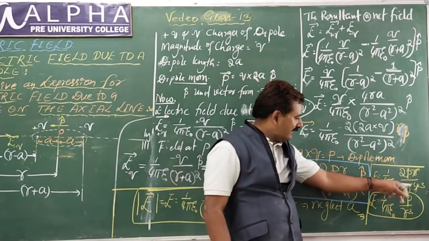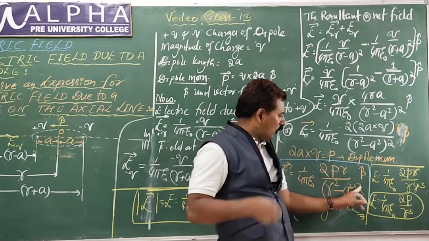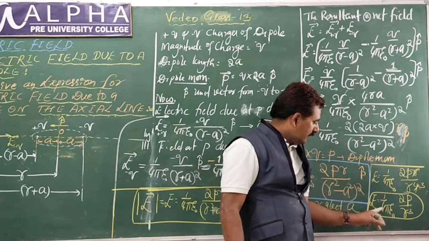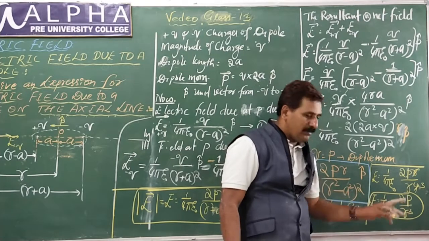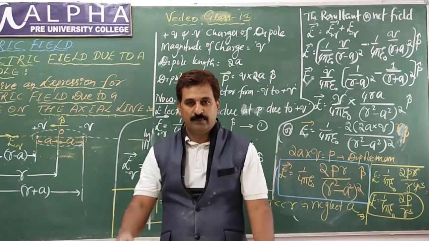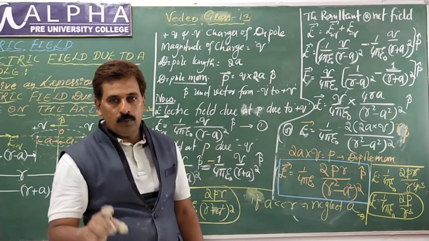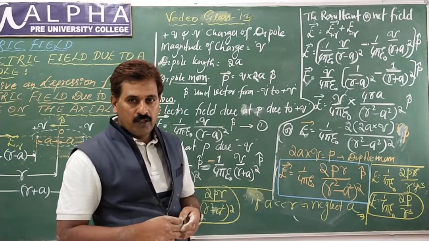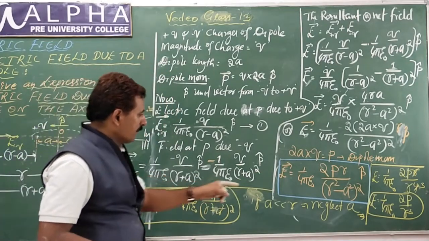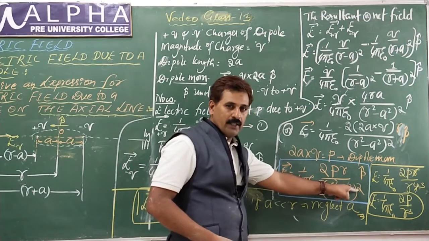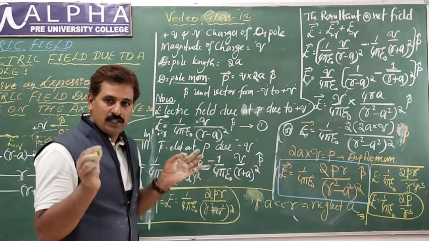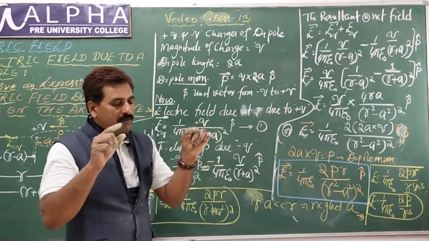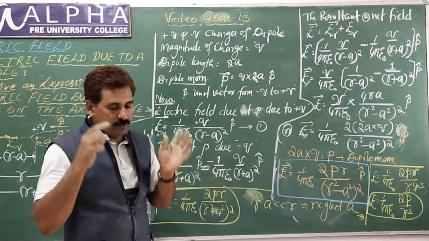In that case, A is not there, only r square whole square, r to the power 4. One r cancels, 3 remain. So 1 over 4 pi epsilon 0, 2p divided by r cube. This is the final expression. If you write 2p by r cube, it is for a short dipole. For any dipole, generally, you consider A in the expression, 2pr divided by r square minus a square whole square. If we don't consider A in the expression, it means short dipole, and in that case, just r cube.